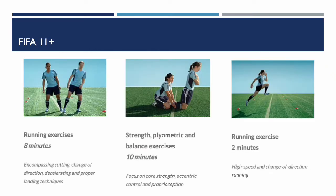So now we're going to take a look at some injury prevention programs that are already in use. These programs are designed more for teams or groups of athletes. And the first one that we're going to look at is the FIFA 11 Plus. This is an injury prevention program which has been designed to prevent football or soccer injuries, depending on where you're